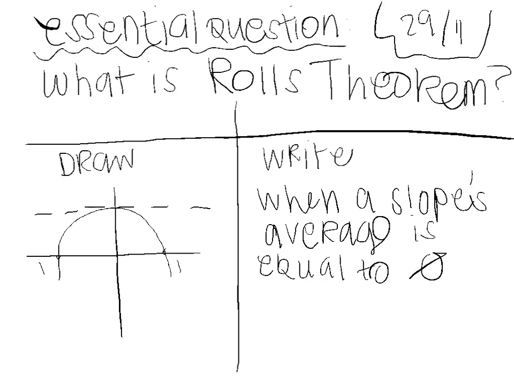The essential question for the 29th of November is, what is Rolle's theorem? Rolle's theorem is when a slope's average is equal to 0. So in this example right here, you can see that both of the points lie on the x-axis, on 0. And if you were to find the derivative of it, you